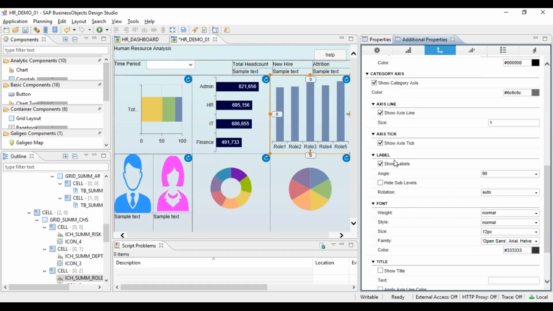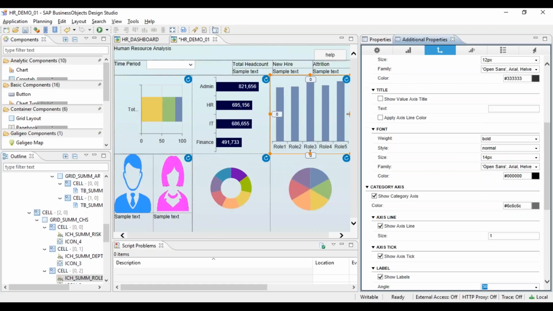And yeah, so for the labels, if we are using info chart, we have one additional option. We can use these angles. Right now the labels are showing horizontal. So if you want to change their positions, we can do it.